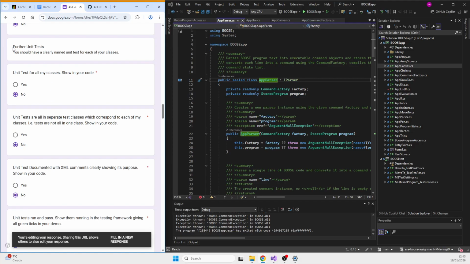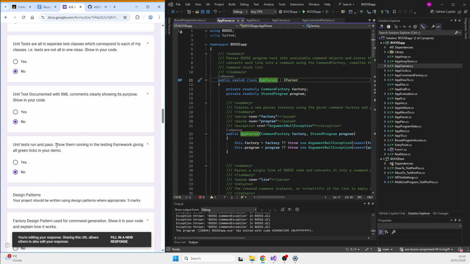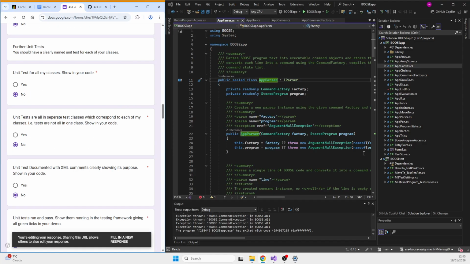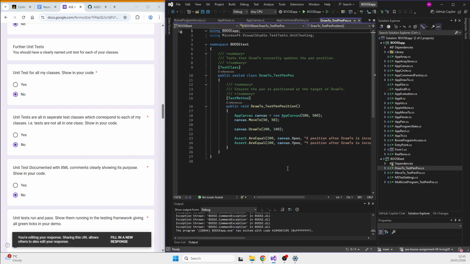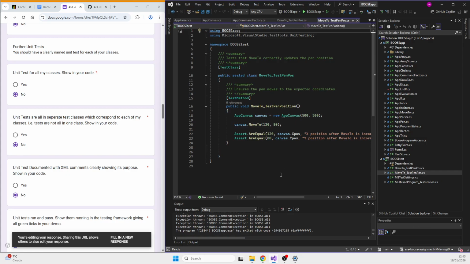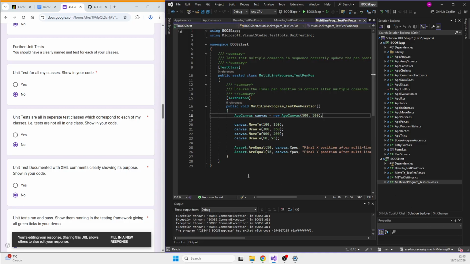Unit testing, I didn't get time. As you can see here, I've got the initial ones from the first hand in, which I guess I can just quickly show. But it's just the draw to, move to for the pen positions, the standard ones, and the multi-line pen position one.